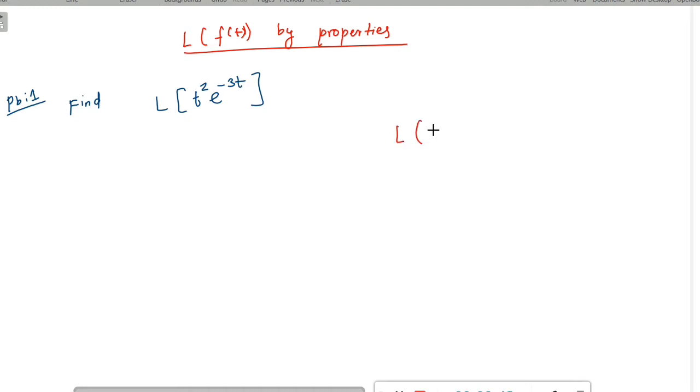L of t power n f of t equal to minus 1 power n d power n divided by ds power n L of f of t, because in the product of two functions, one function is an algebraic function. So for that I am going to apply this formula. Solution: